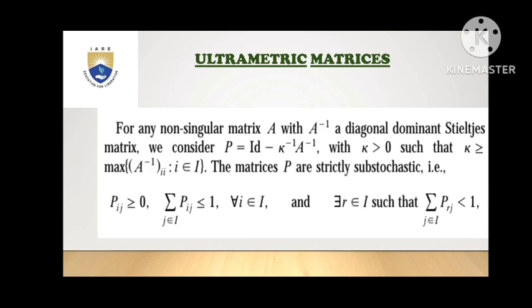We show that a generalized ultrametric matrix is the inverse of a row and column diagonally dominant M matrix if and only if it contains no zero row and no two of its rows are identical. This theorem generalizes the known result that a strictly ultrametric matrix is the inverse of a strictly diagonally dominant M